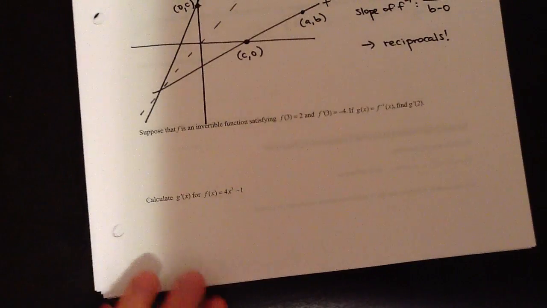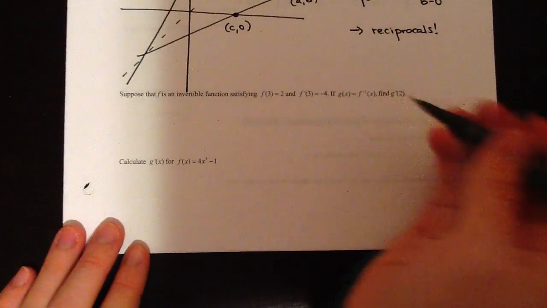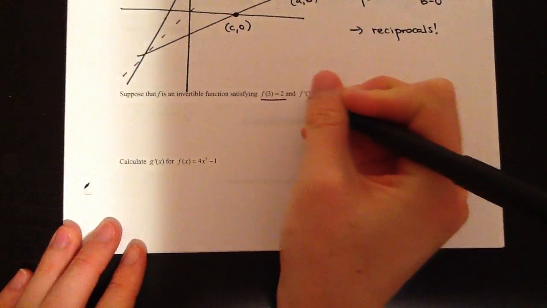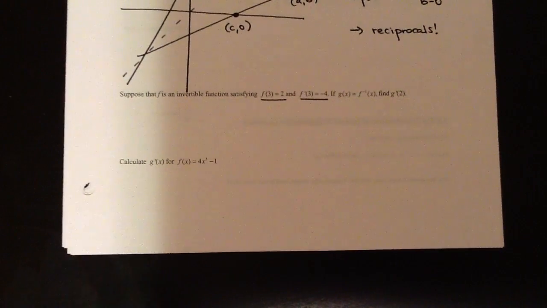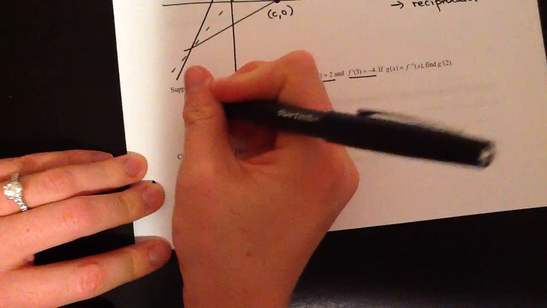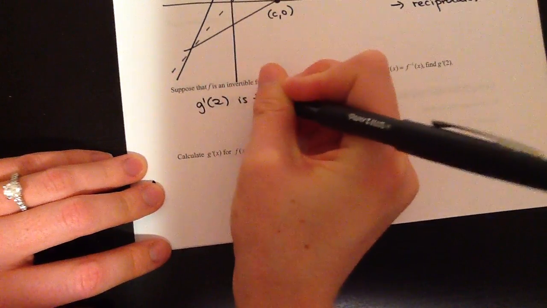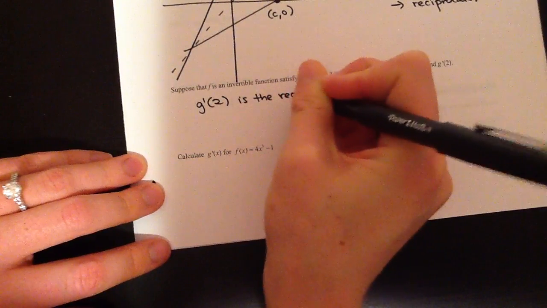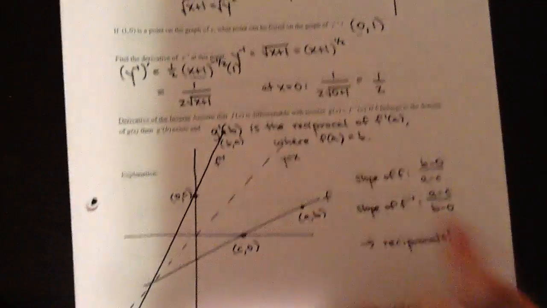So let's look at this problem right here. Suppose f is an invertible function, meaning you can find the inverse, satisfying all of these things right here. So we know this, we know this. If g is the inverse, we want to find g prime of 2. Here's what we can write down: g prime of 2 is the reciprocal of